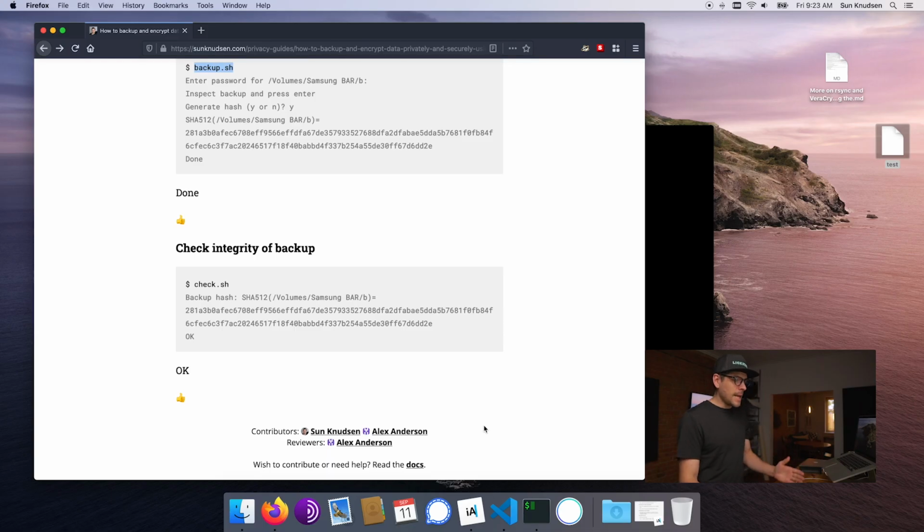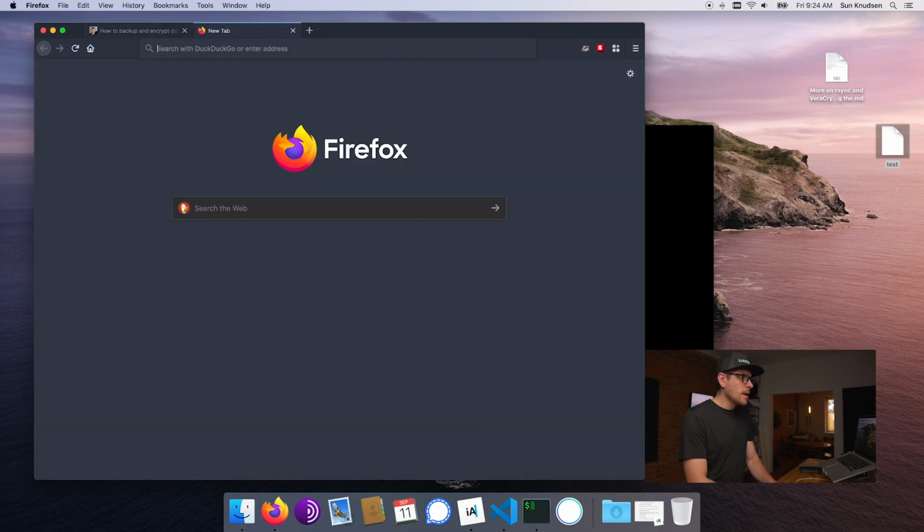So something that has changed in the CMS here is we now have a reviewers section. And that means that Alex has actually signed on that specific guide. So I'll show you guys how this works. If we go on github.com/Knutson